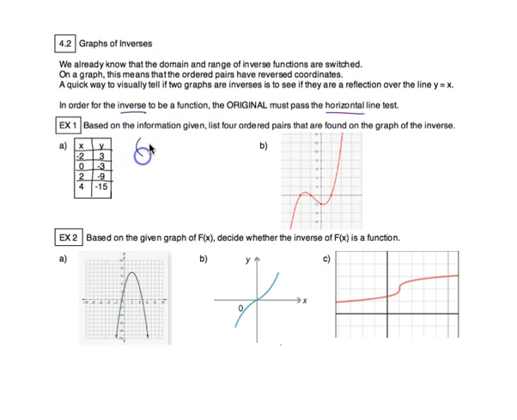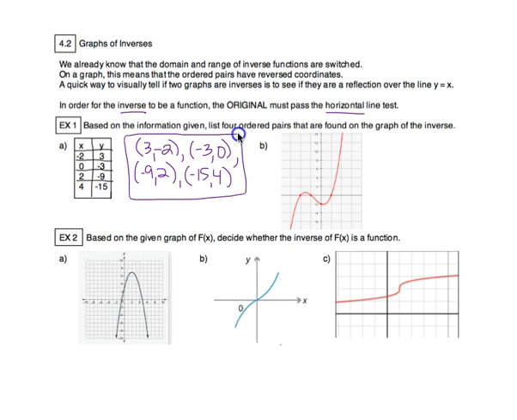So that means if I reverse those, I get 3, -2. Then 0, 3 becomes -3, 0. 2, -9 becomes -9, 2. And 4, -15 becomes -15, 4. So these would be the 4 ordered pairs that we know are going to be on the graph of the